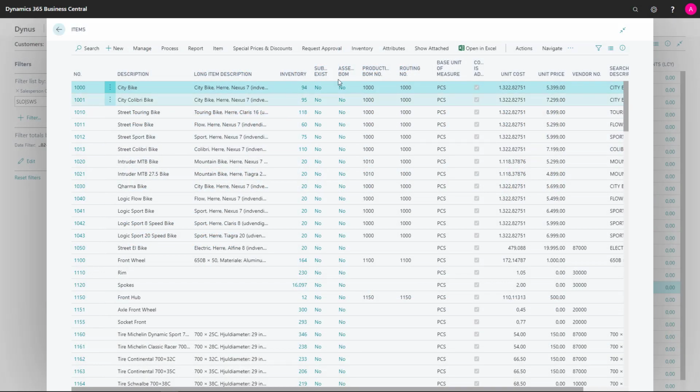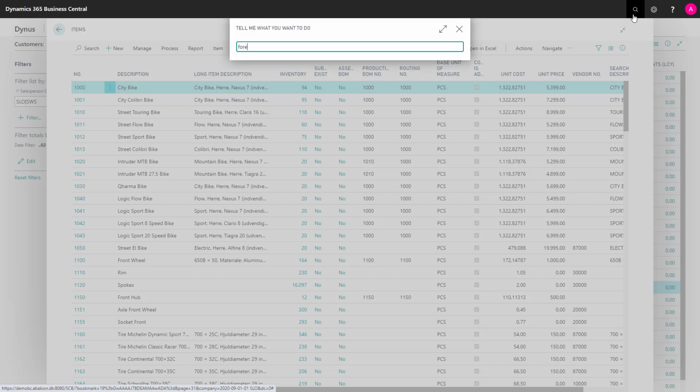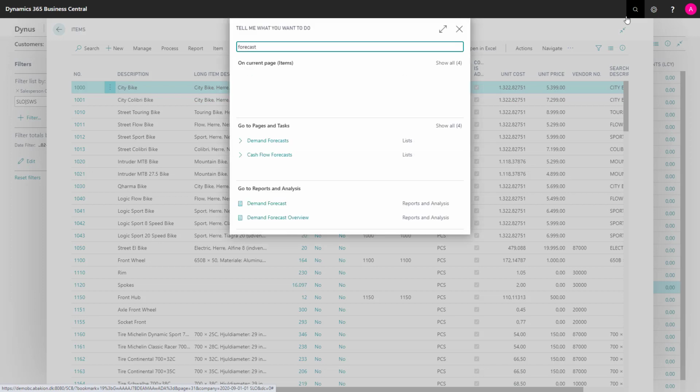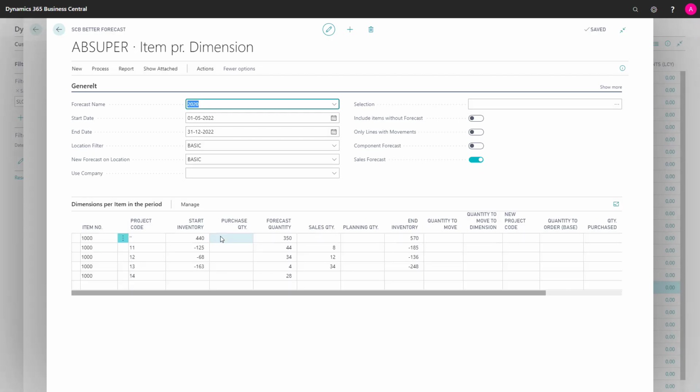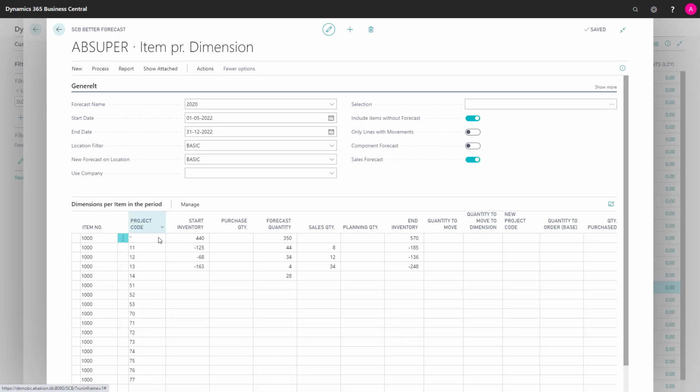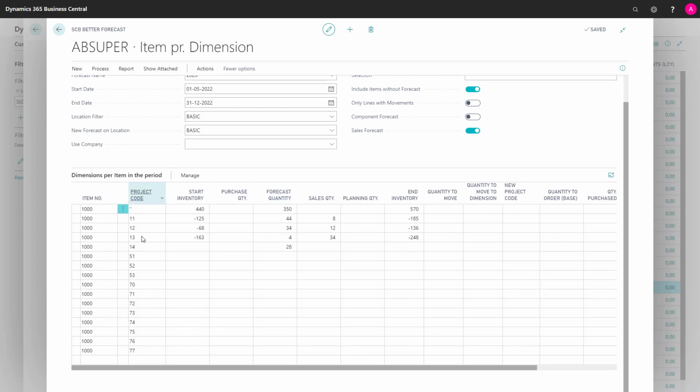If you're using the flexible forecast per dimension, you might use it for campaign handling or handling with dimensions somehow. One of the issues is that normally we will just display items without forecast, meaning we get this view. But if we display items without forecast, it will of course run through all project values, all my global dimension 1 values. This is a short list here, but in real life it tends to be very long because you have many dimension values that seem to die when they're done using them.